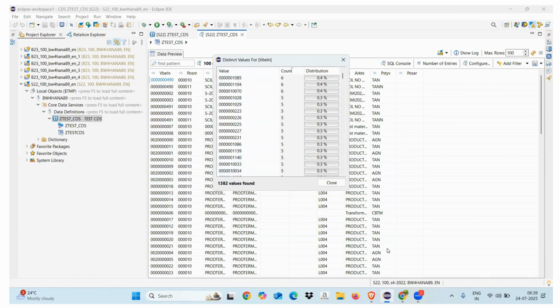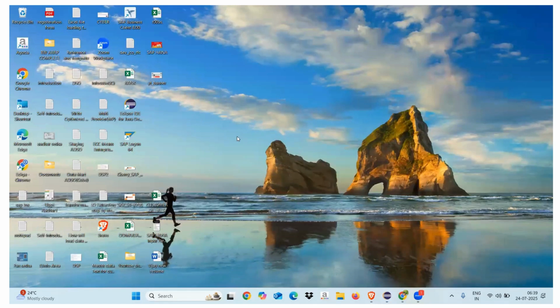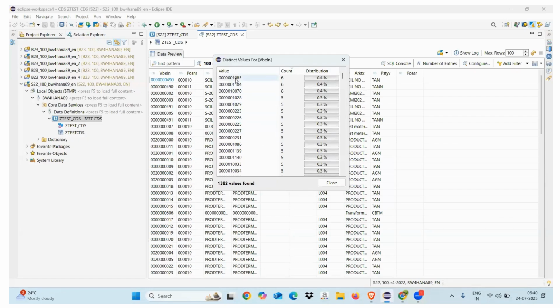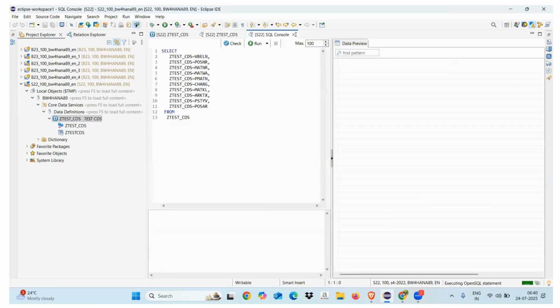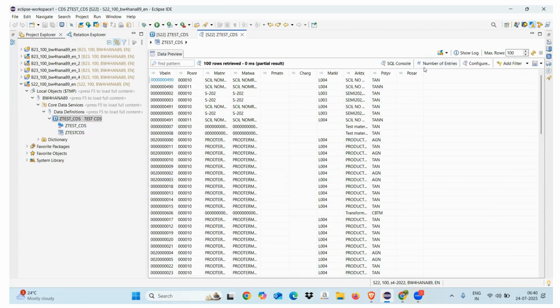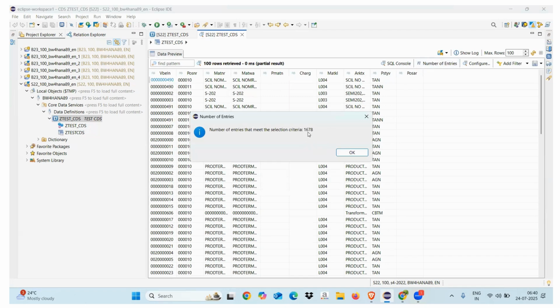You can even go and check distinct values in the HANA table as well. Okay, like this we have it. So for 1085 we have six records because we have a count of six. And you can see the percentage as well. If you want to see the SQL console, this is the SQL statement generated by default. If you want to see the total number of records, this many records are there, and you can check